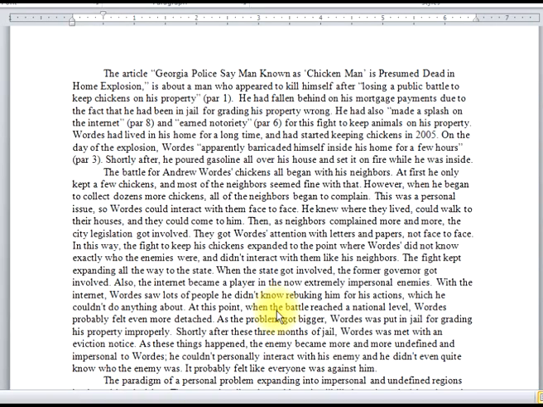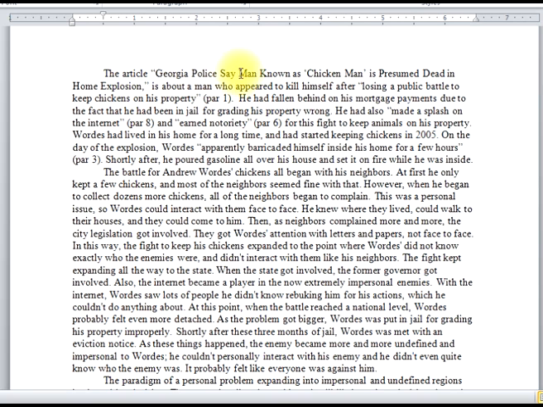In this example of students' work dealing with the hypothetical paradigm from a particular instance with the Andrew Words case, I want to show you what a strong model looks like. All right, the student did a lot of things right here, and I want you to compare your work with this one, and it will explain to you why you got the A, B, or C that you did based on the strengths here. Now, I would have preferred to see a title up there, but the essay starts strong